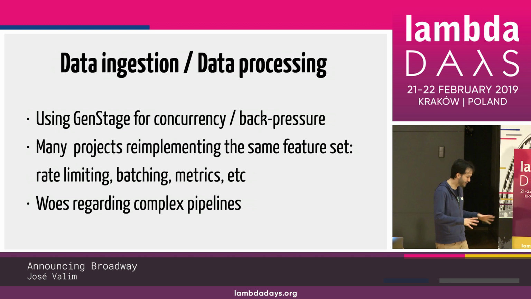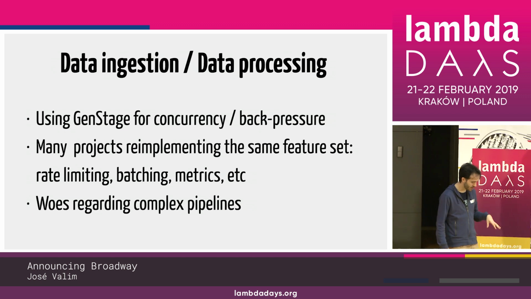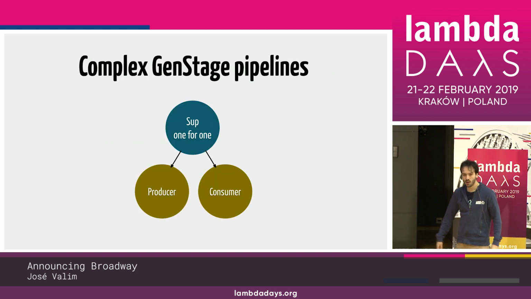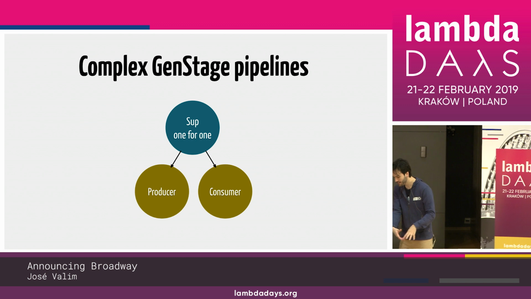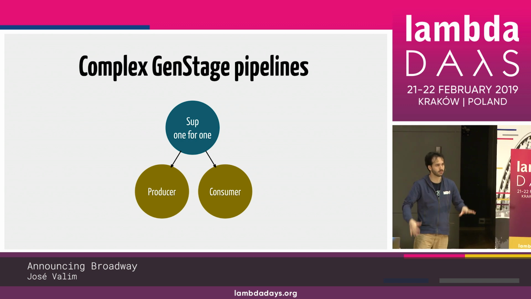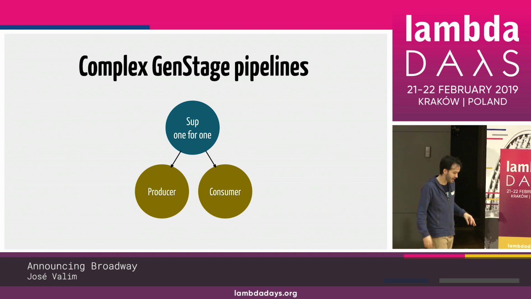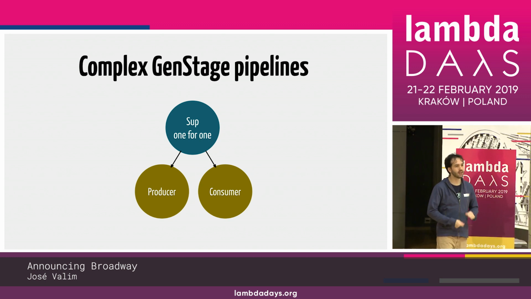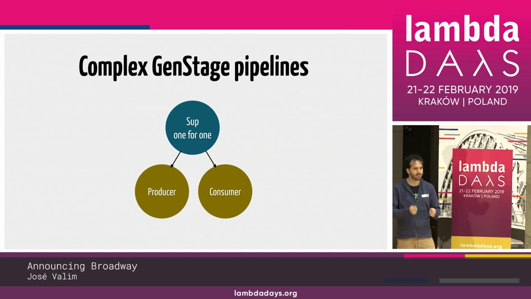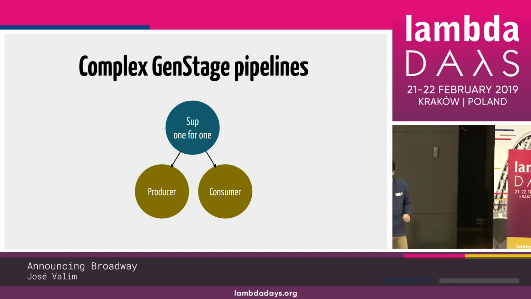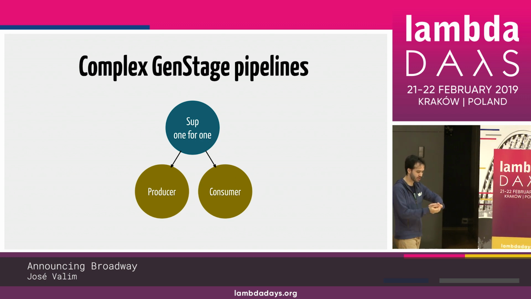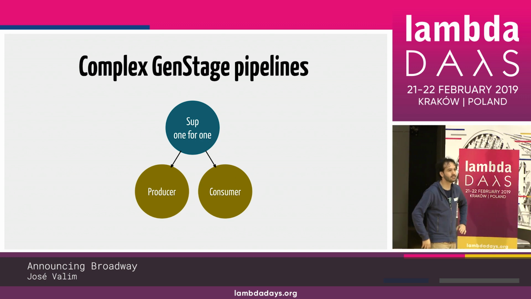Because that's how everything starts. So imagine that, okay, I need to build a data processing pipeline. So you create a supervisor and you say, for now I'm going to have only one producer, which is a process. And I'm going to have another consumer, which is another process. And those are children under the same supervisor. And you put this in production, it works, everything's perfect. And they're like, oh, this is great, it's working very well. I think now we can bump things up a little bit. So what I'm going to do is start 4 consumers. So I have 1 producer and 4 consumers under the same pipeline.